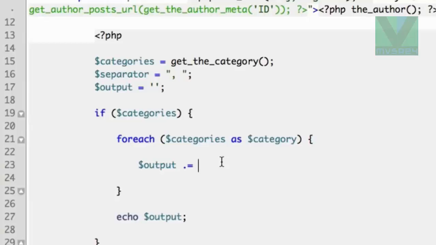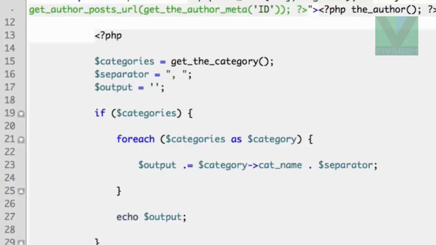So we'll start simple. Let's just output the name of the category, and then later we'll worry about turning that name into a link. So we'll say category. Now remember, this keyword, category, we can use that almost as the phrase this if you've done a lot of JavaScript programming. Now that we're in this for each loop, we can use category to reference the current item that we're being looped through. So we'll say category, and we just want the category name. Okay? And then also let's tack on the separator, space and our comma. So we'll say